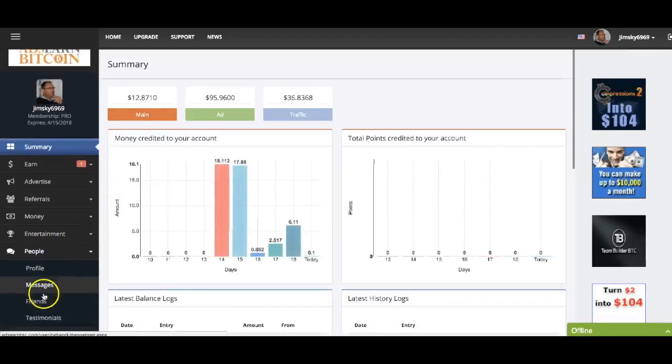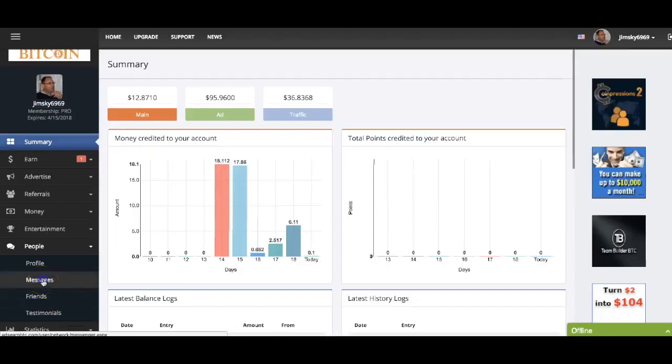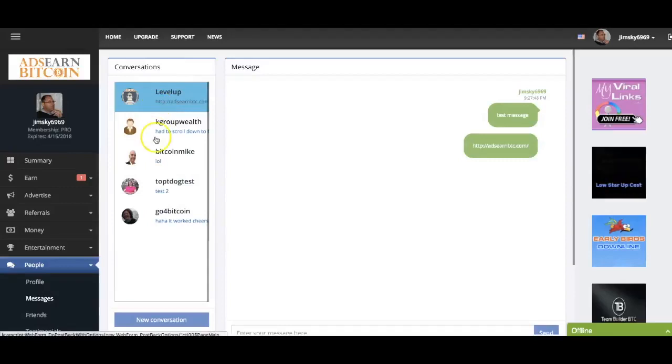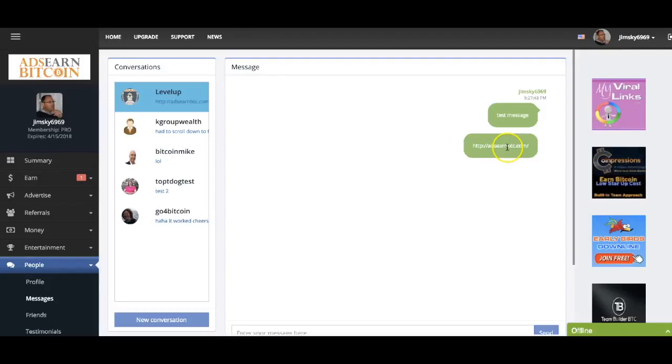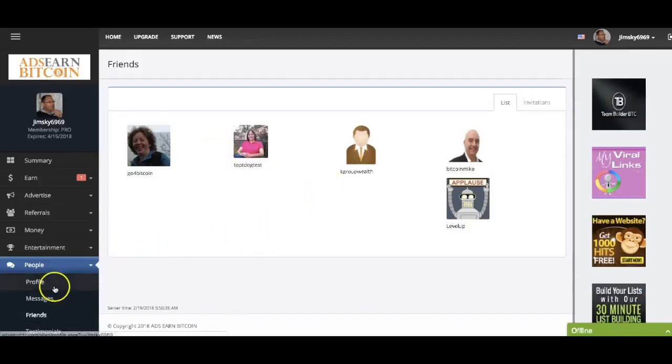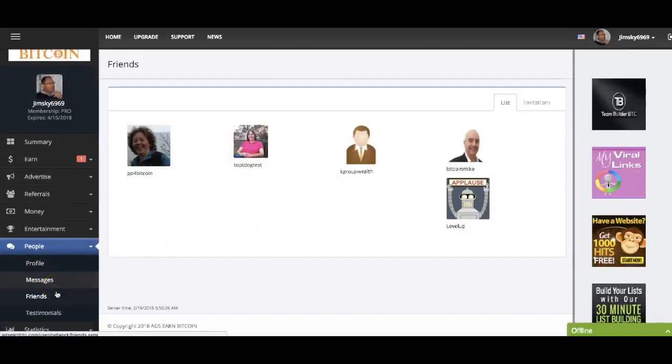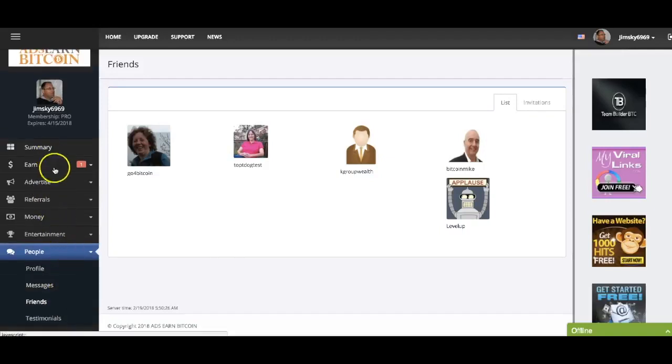The messages. Now we've added this. You can actually message your own friends list. It's not a Facebook, but it's similar to Facebook, and you can exchange links with each other. You can friend members of the site, and you can send each other messages within Azure in Bitcoin. Your friends, again, you can friend people, kind of like Facebook, but we didn't want to go down that route, to be honest. But it's again internal. If you've got a team build, you can add your team build members and send them